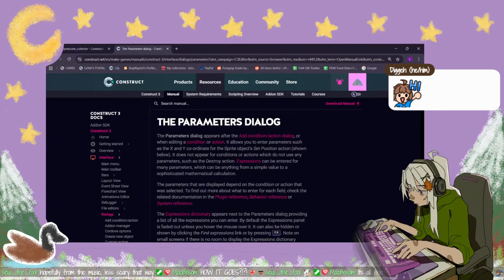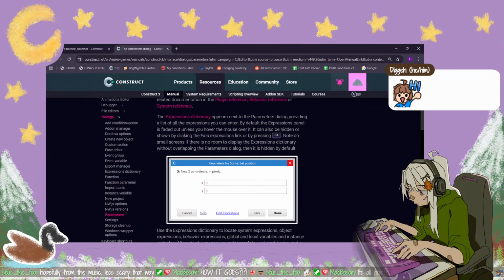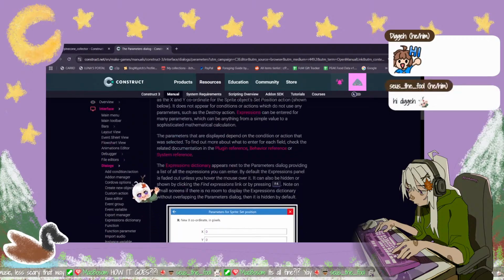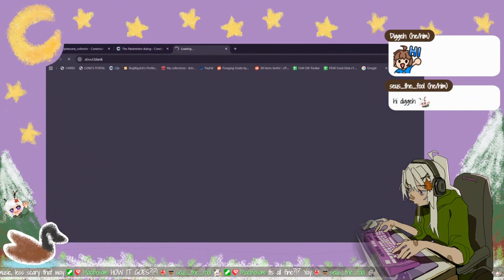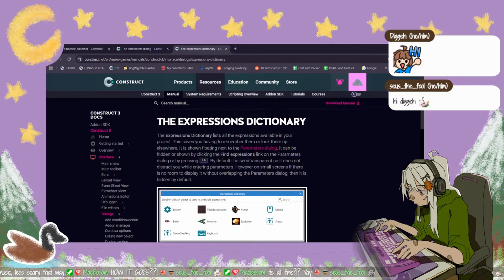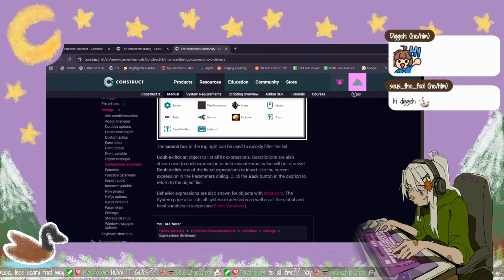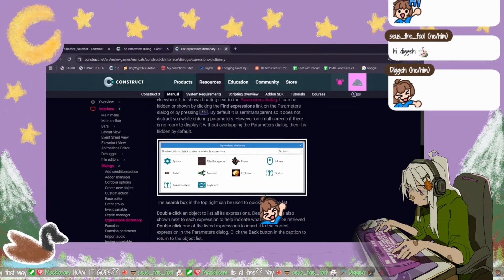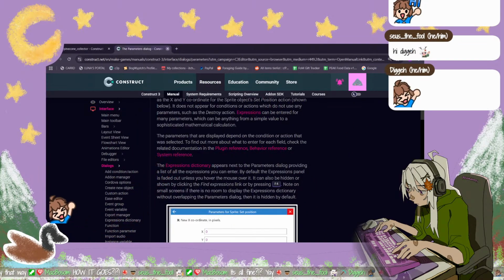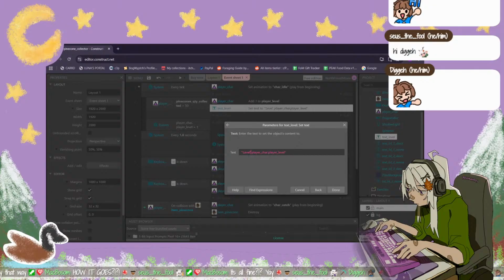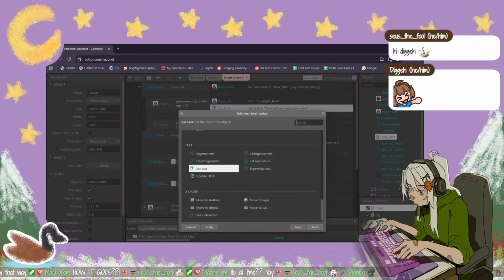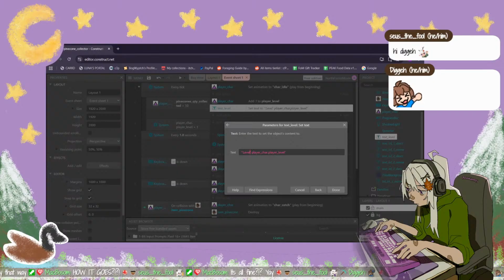Hello. How do I do the text properly? What's the syntax for this? I need to put actual text. We have to append our backpack. Append text HTML. It should be